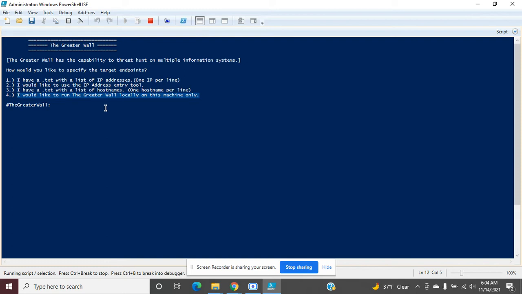You might not have the ability to run remote PowerShell on certain endpoints or servers, and you might have to load the entire framework onto that machine and just run it locally, and then copy your results off of it when you're done. So I'm going to go ahead and choose option number 2